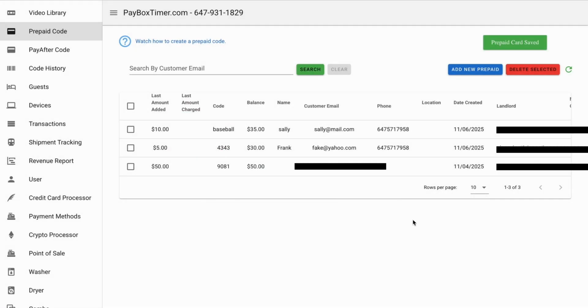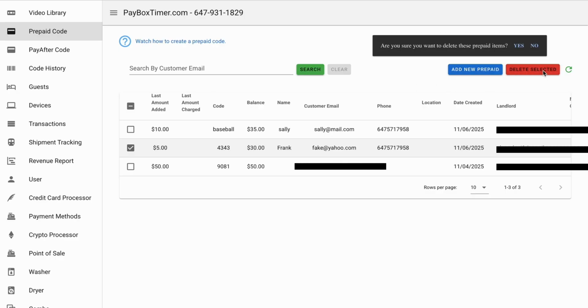And of course, people come and go, so if a tenant has left or moved on and we need to remove them from the system, all we're going to do is click the box on the left-hand side, go to Delete Selected, and it will ask for a confirmation. We will confirm, and that has removed them